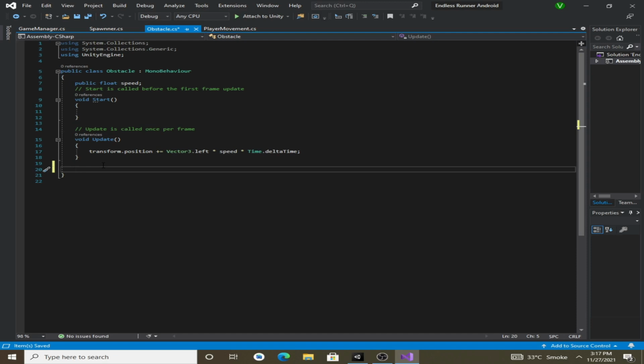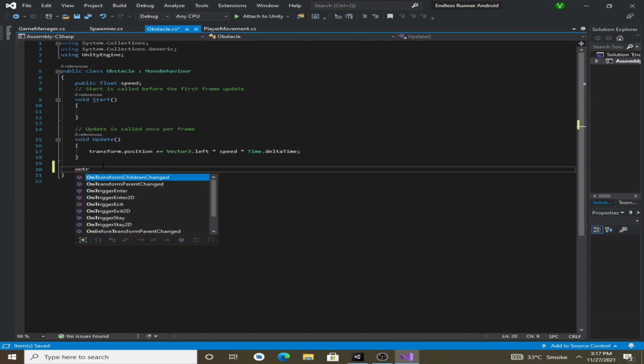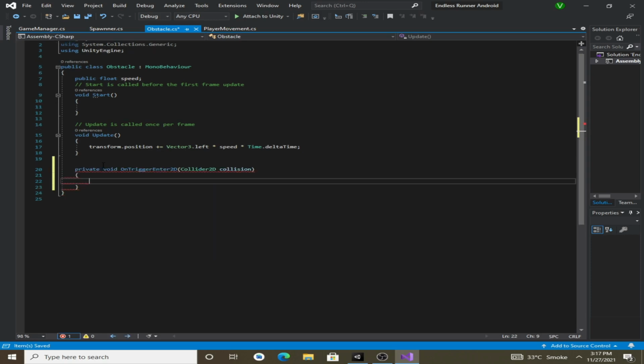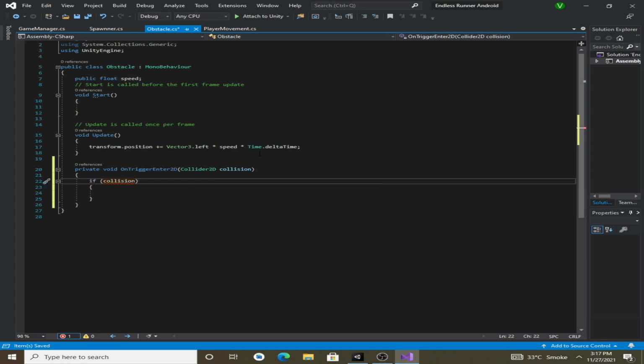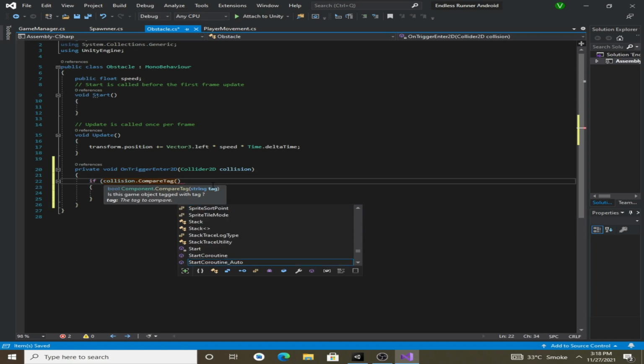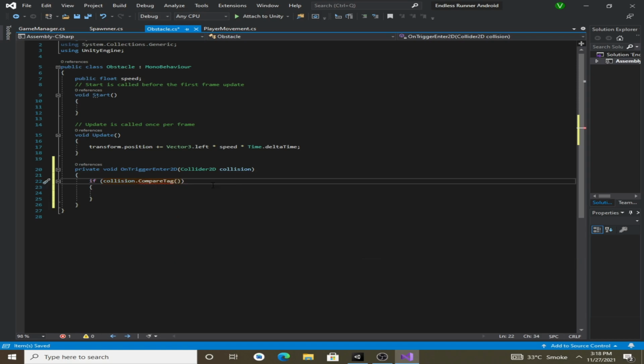So type in OnTriggerEnter2D, and we will say if collision, which is this variable, dot CompareTag, and we will say player.